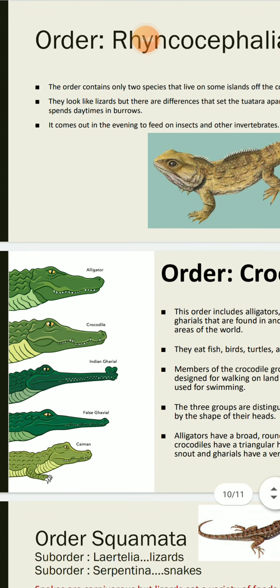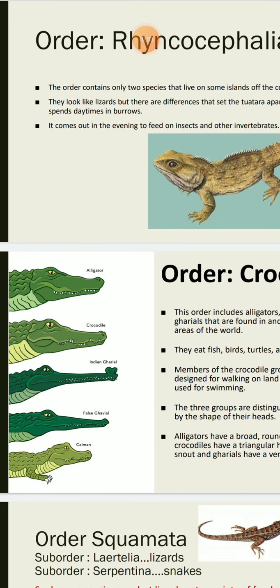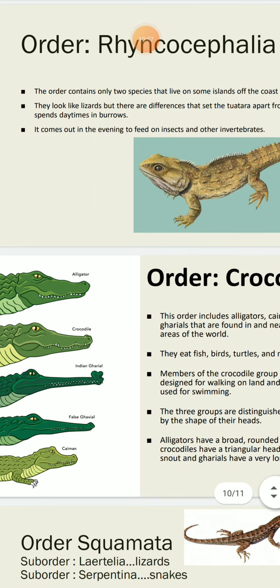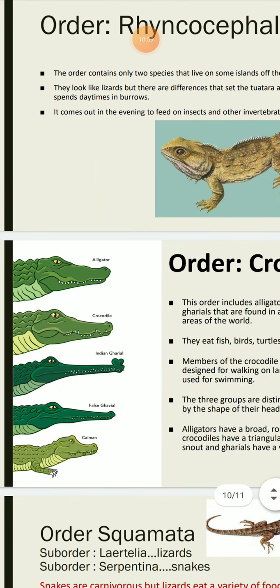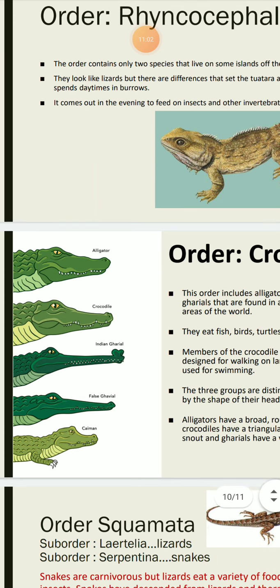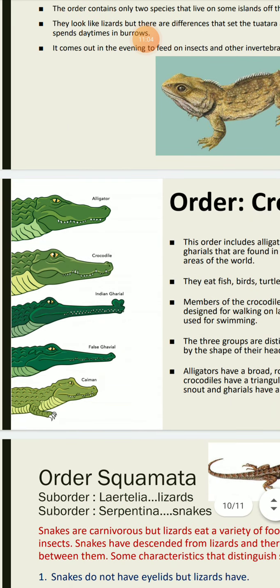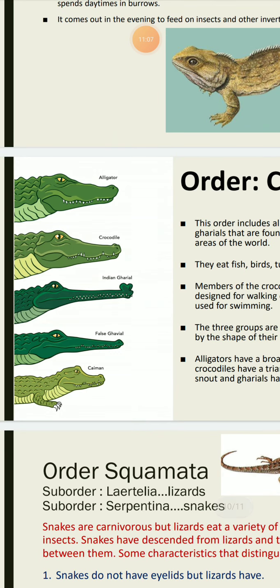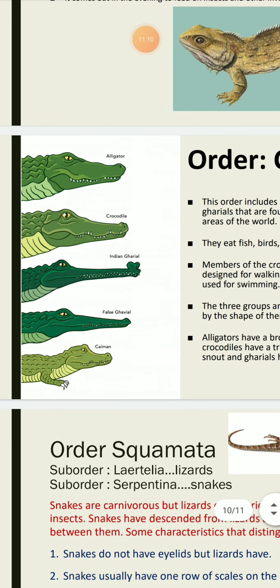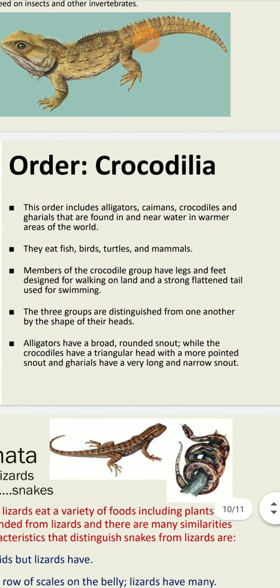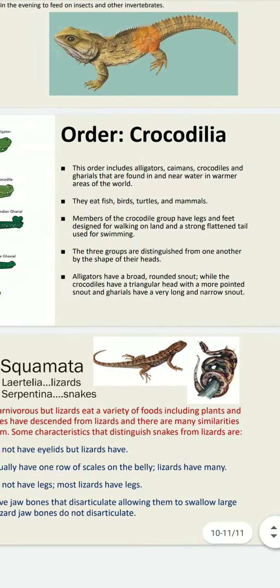Whereas if you look at the Indian gharials, which are usually found in the river Ganga, which is very common in North India, this has a long snout with a sprouted nostril. So they are Indian gharials. Whereas there is another called gavial, which is false because they do not have projected nostrils as we see in gharials. And caimans are short, which are specifically found in the Amazon, where you may have seen the panthers hunting the caimans, which is very common in the Amazon rainforest. So that is about order Crocodilia.